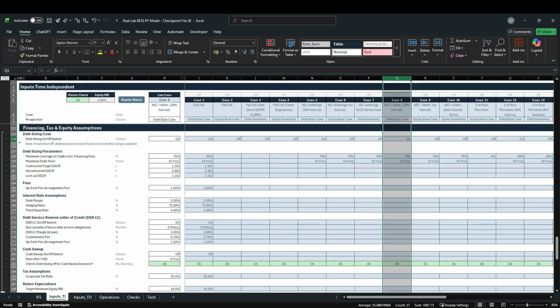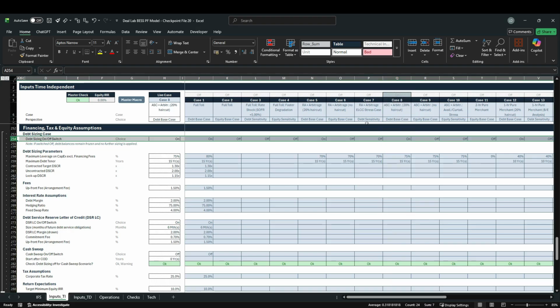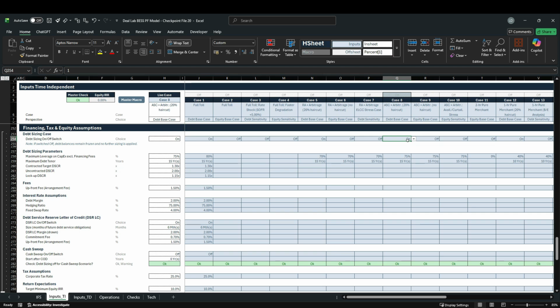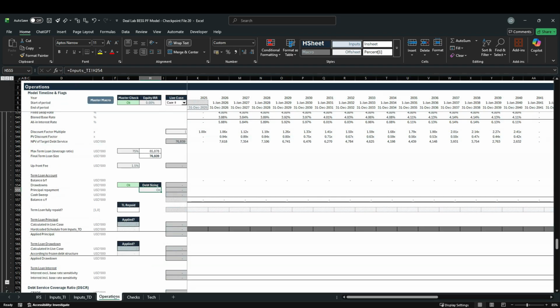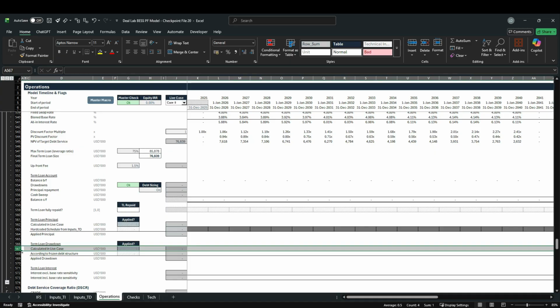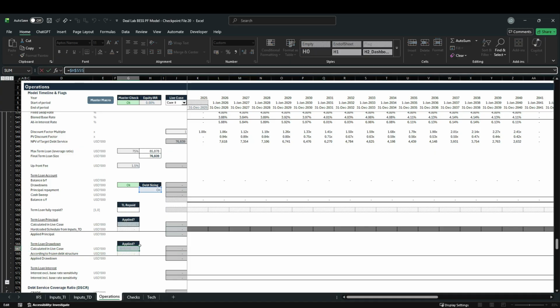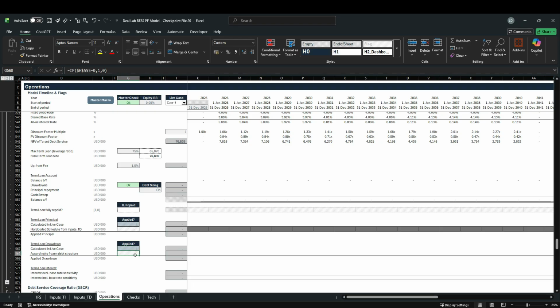And what you will see is that our debt sizing in row 254 for case 8 is turned on. And then for the equity based case, as well as the sensitivity cases, for debt and equity, our debt sizing will always be turned off. So this is an important distinction that we will have to consider here. And for our drawdown in the live case, in case it's a debt sizing case, which turns this switch here on. If it's not a debt sizing case, then we will have our term loan drawdown in accordance with our frozen debt structure. But let's start by modeling our live case in a debt sizing case, and that is going